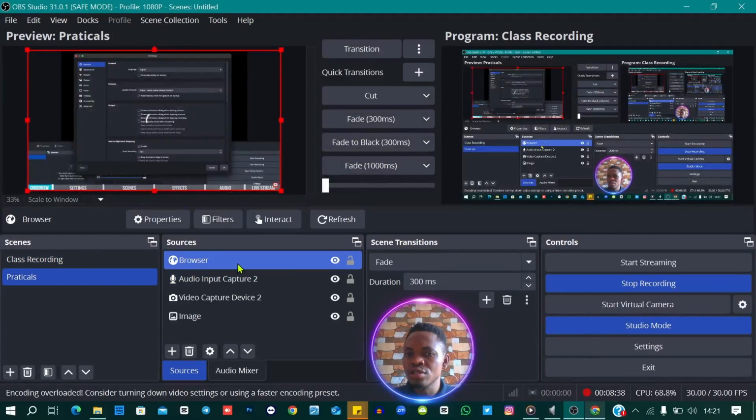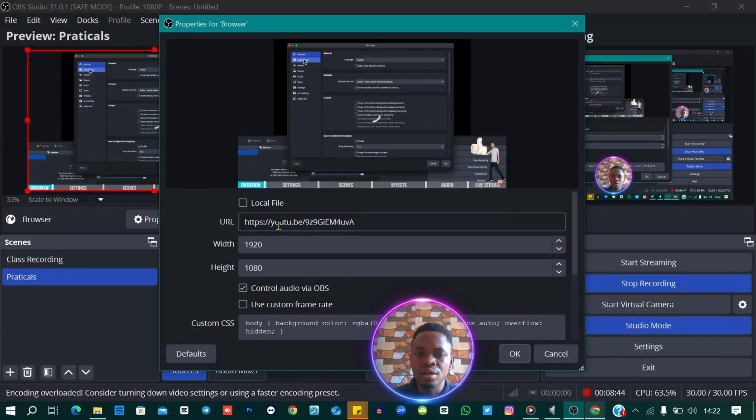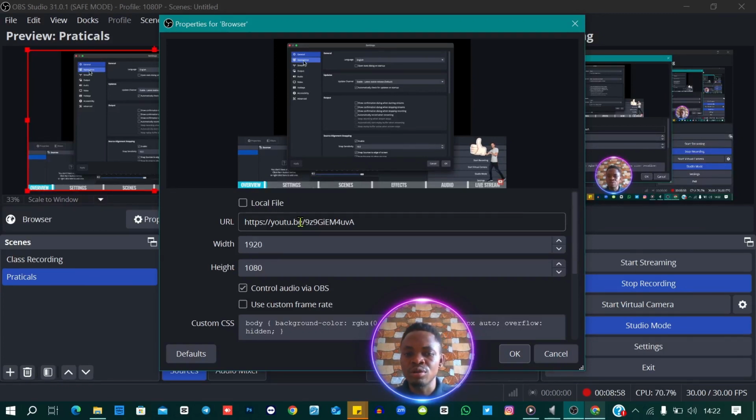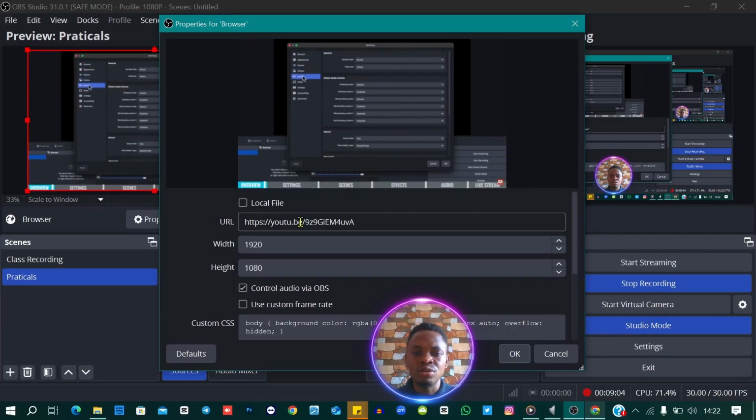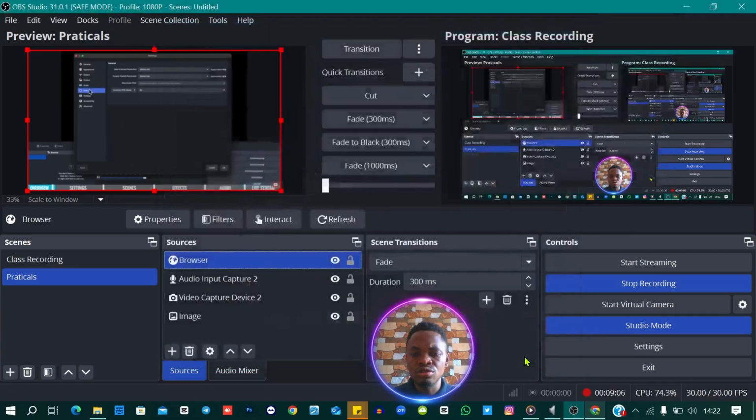With this browser input, you just double click, and you see this is just the video URL. Even this can work for a live video. Say a service is going on in a different location, like I mentioned, where your pastor travels and they are streaming on their platform. You don't know how to stream on his own platform. This is what you can do: you can copy the link of the live video,